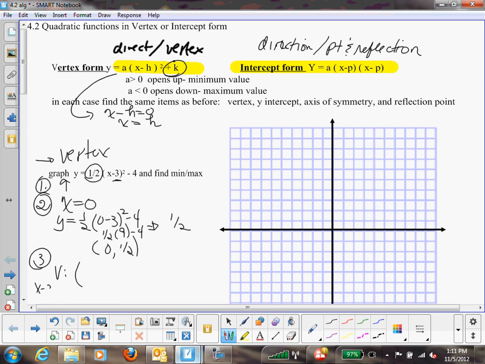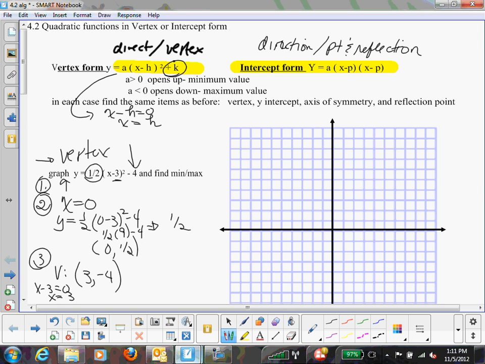Set x minus 3 equal to 0, so x is going to equal 3. Comma, what's my y value? -4. That's how you find it. Set this equal to 0 to find your x value, and right there is your y value